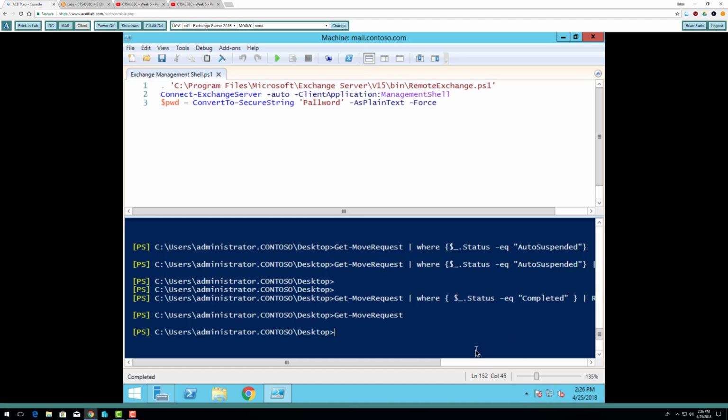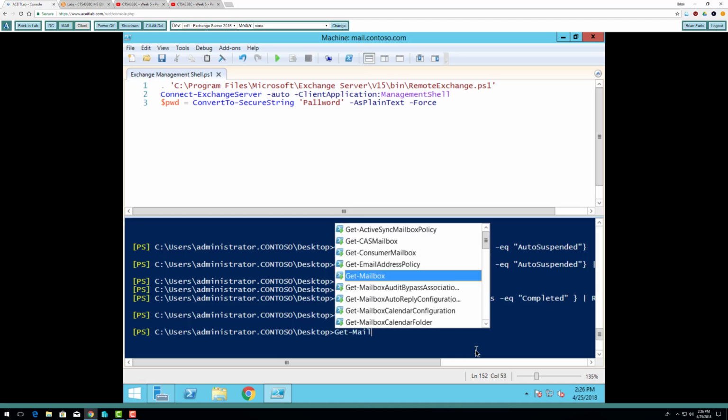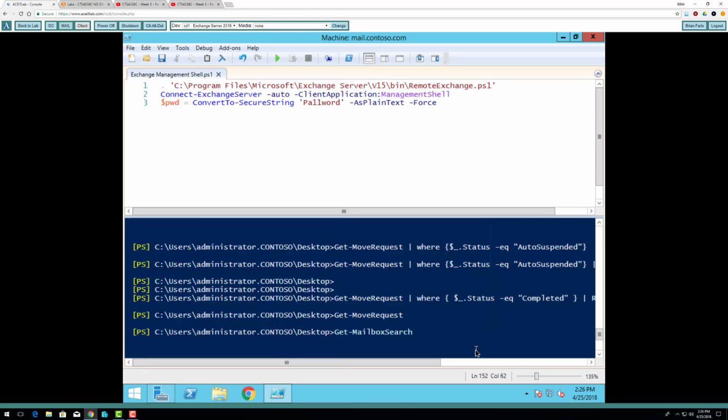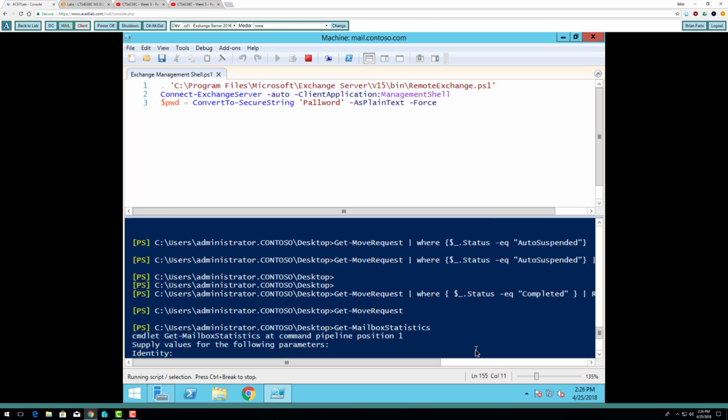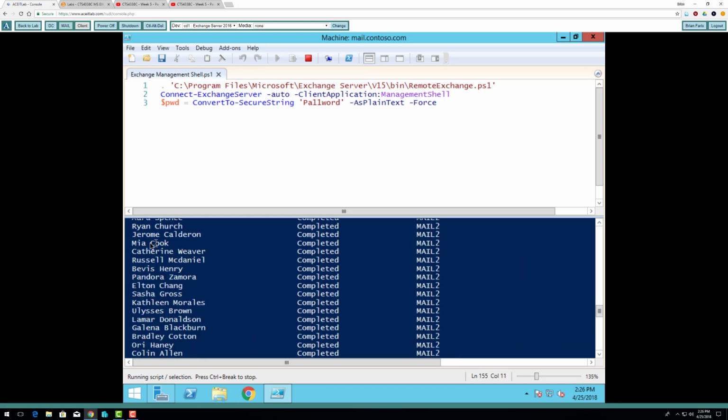Okay, now we're going to look at some mailbox statistics. So we have this command, Get-MailboxStatistics, and you can put in a user account. I'm going to do Mia Cook,